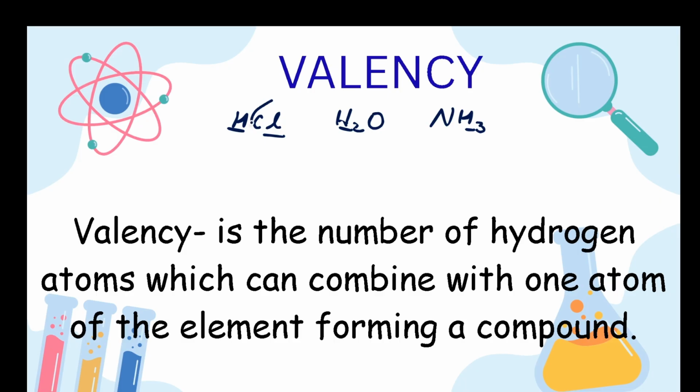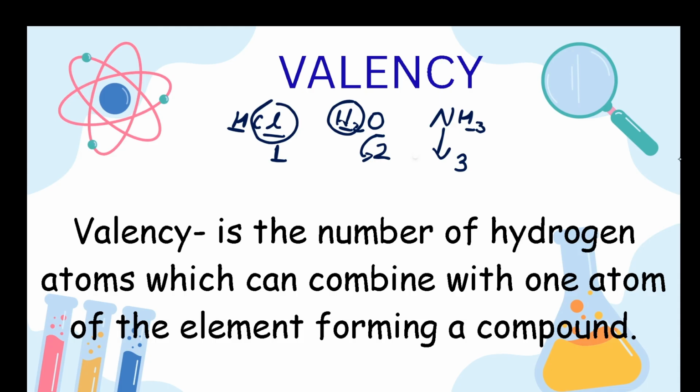So the valency of chlorine with respect to the number of hydrogen atoms becomes 1, because one hydrogen atom is combining with chlorine. Now the valency of oxygen with respect to the number of hydrogen atoms: how many hydrogen atoms are combining? 2 hydrogen atoms. So the valency of oxygen becomes 2. And in the last case, the valency of nitrogen becomes 3, because the number of hydrogen atoms combining with nitrogen is 3. So simply speaking, it tells us how many atoms of hydrogen can combine with one atom